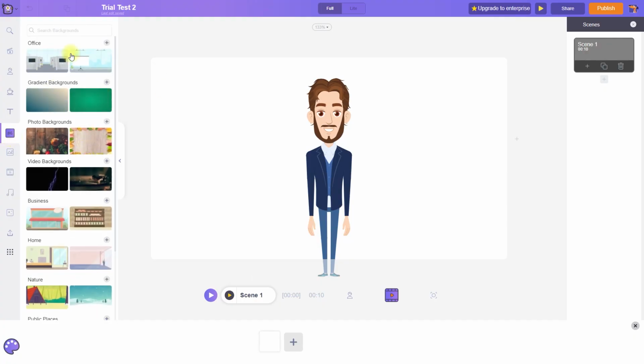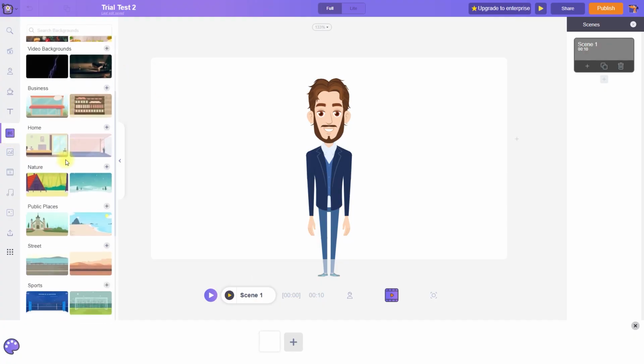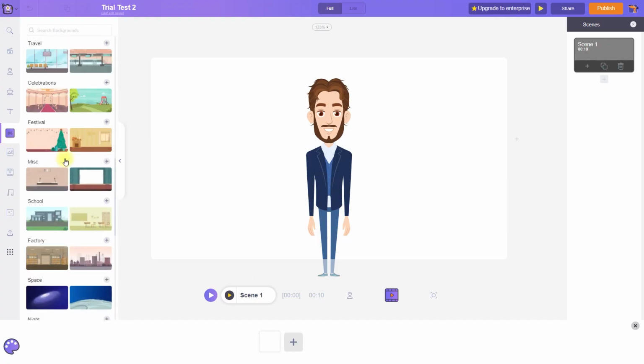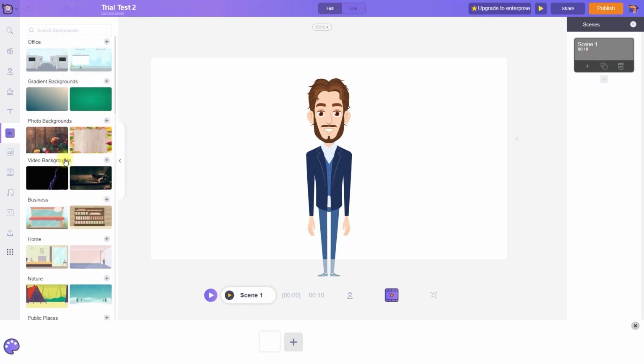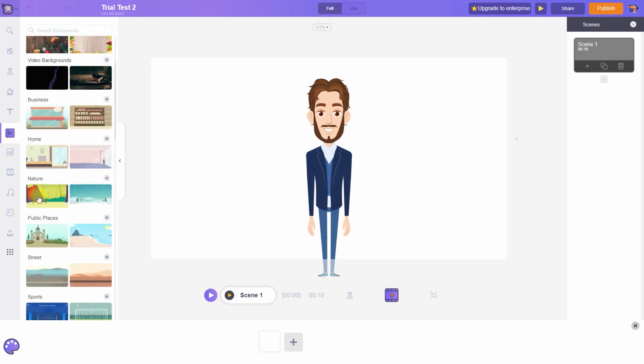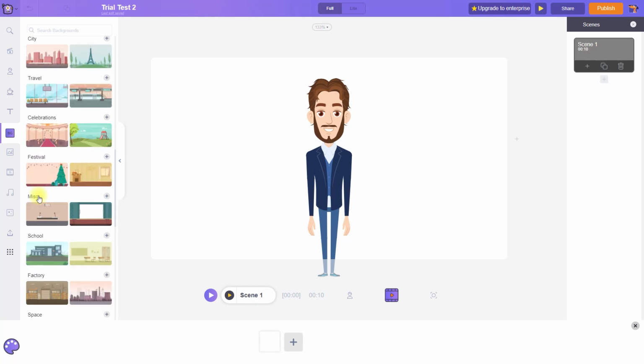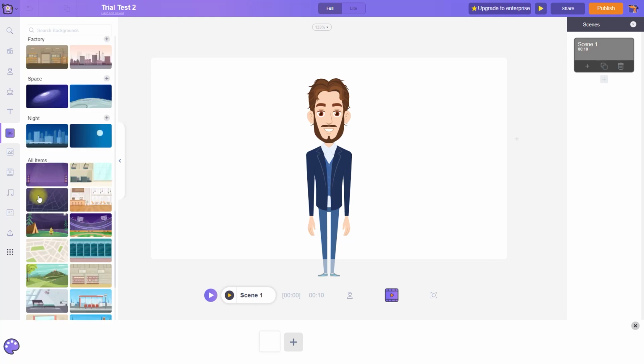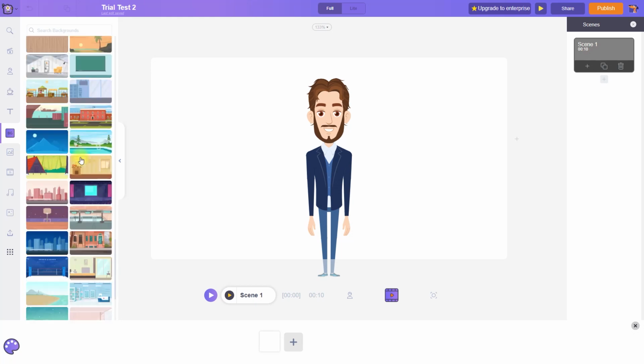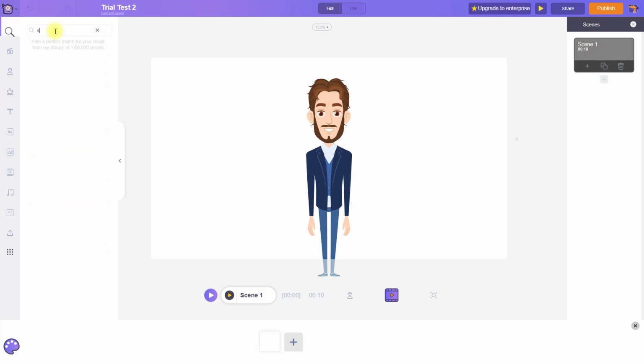and here I can import all sorts of backgrounds. There are so many of them and they are cartoonish, so I would say that it looks very good with the characters. I want a background where we have a YouTube setup because I am creating my own version of this. So yeah, let's see if we can find one. We can also search it on the top. You'll need to have a really good internet connection for this to work. Otherwise, with a slow internet connection, it will take a lot of time for the assets to load and for you to create your animated video.